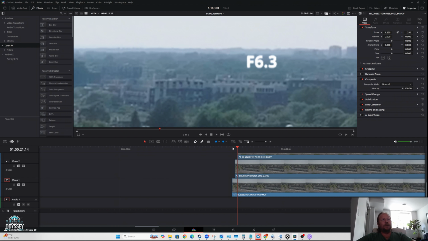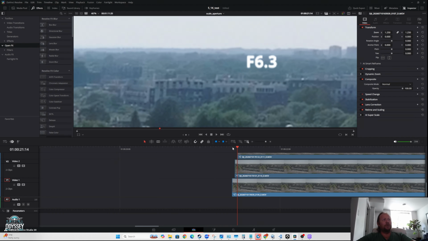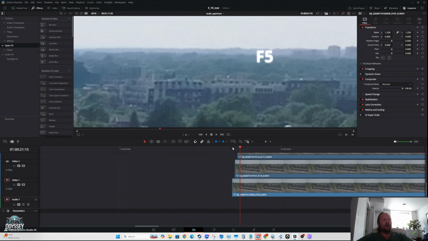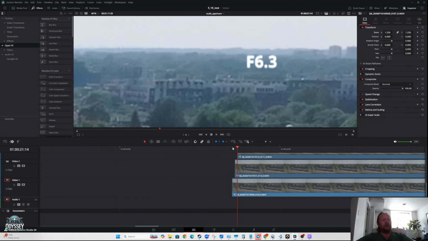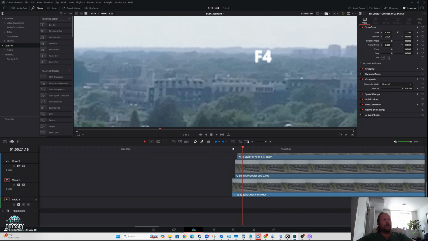So at around f6.3, you actually get a much sharper image if you look at the windows. So f5 and 6.3 are quite the same. So I would assume this range is safe to use if you want to achieve the best sharpness. So f6.3, f5, f4 as well, look quite the same, but it already starts to blur out a little bit